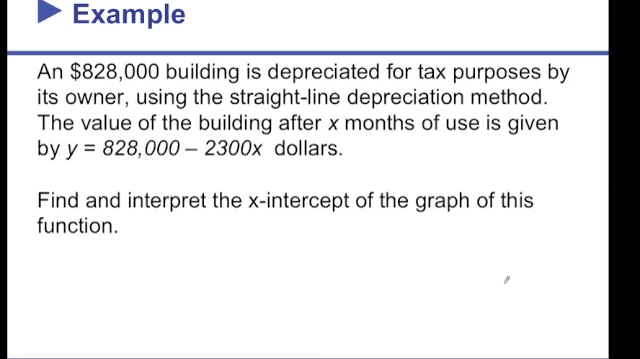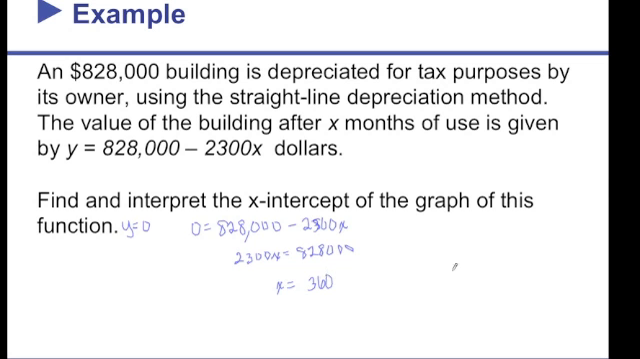Find and interpret the x-intercept. So in this case, we want y to equal 0. So 0 equals 828,000 minus 2,300x. So 2,300x equals 828,000. And when I divide that by 2,300, I find out that x is